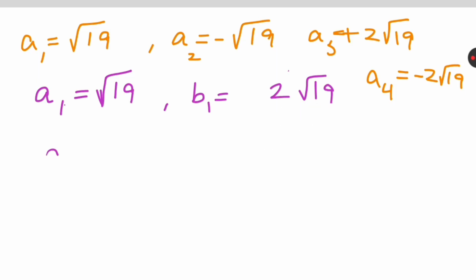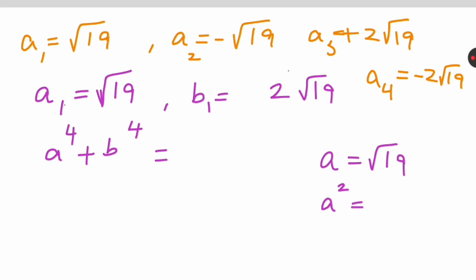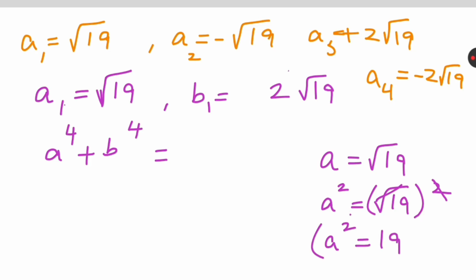So our goal is to find a raised to power of 4 plus b raised to power of 4. So our a value is root 19. But here they are asking a raised to power of 4. So that's why do square on both sides. Then the square root gets cancelled. So a raised to power of 2, the value is 19. But we need a raised to power of 4. That's why again you do square on both sides. So a raised to power of 4, the value is 19 raised to power of 2